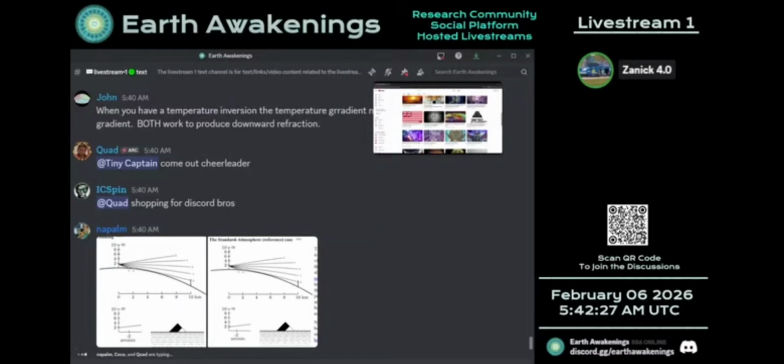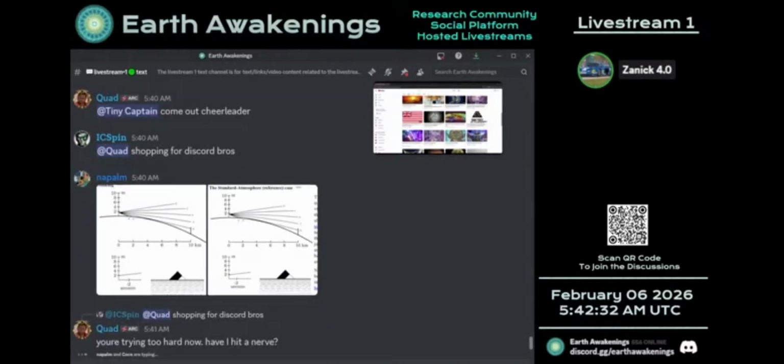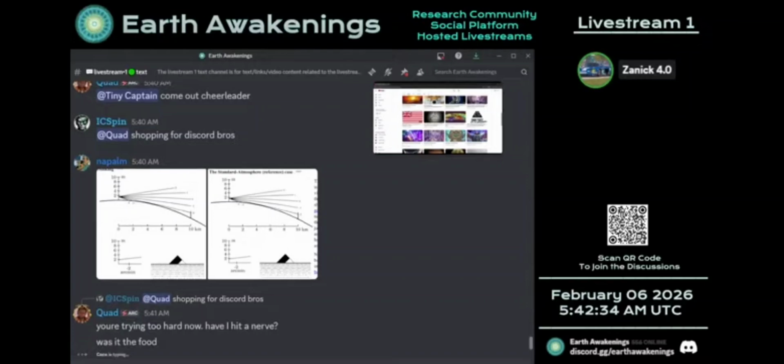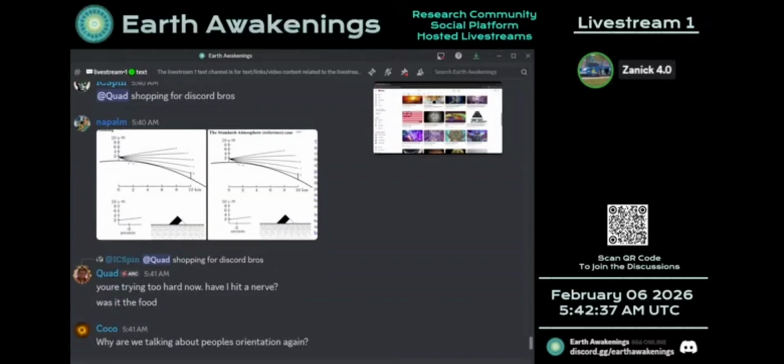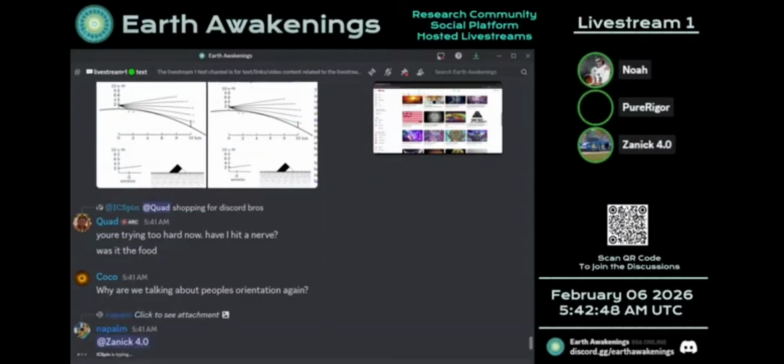It just means things that normally would be changing as far as temperature going down as you go higher, don't go down as you go higher; it goes up a little bit and then goes down. But it doesn't change the density gradient that much, to the point where light still bends downward because it's still denser going down, but doesn't bend down as much. I don't know why you can't understand that.